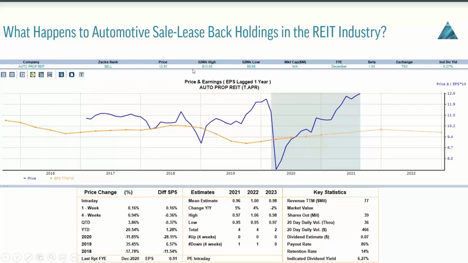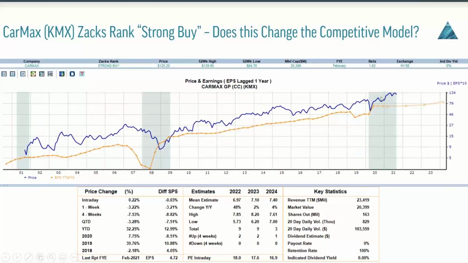I mean, you're going to want to take a look at that if you're investing in real estate investment trusts for sure. You just want to make sure that you don't have too much exposure, perhaps, in these automotive sale-leaseback holdings. Okay. How does this change the competitive model now that perhaps these major automobile dealerships are going to be